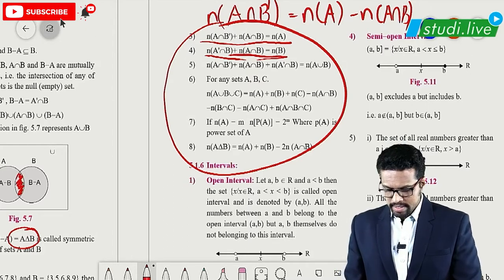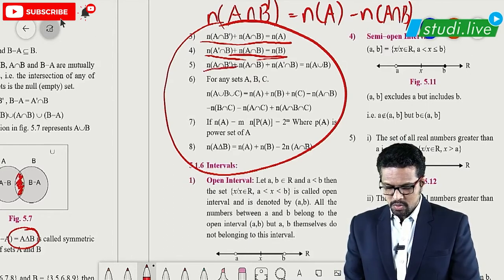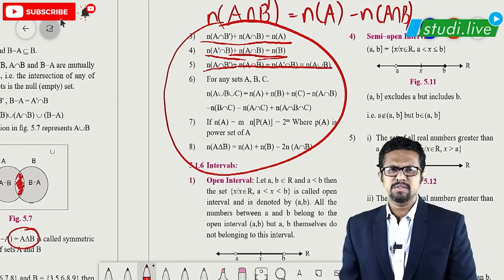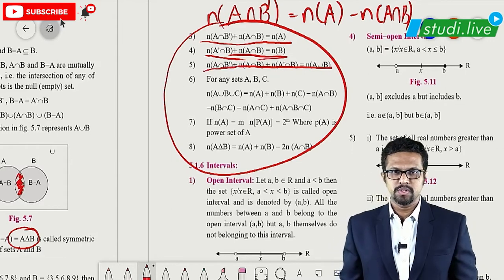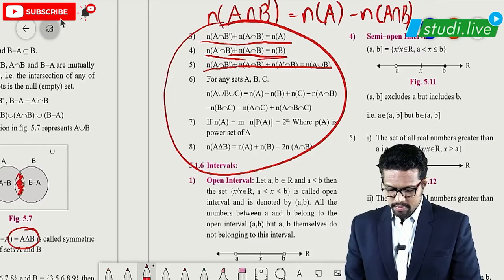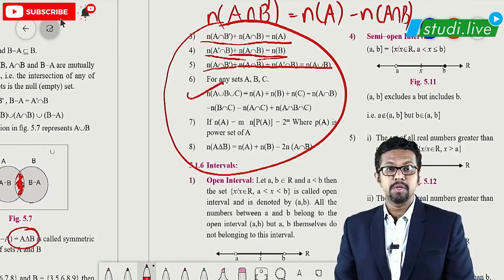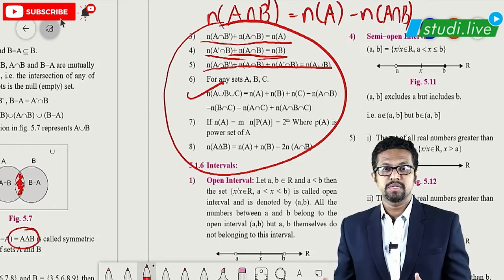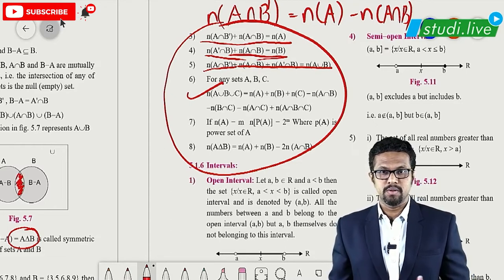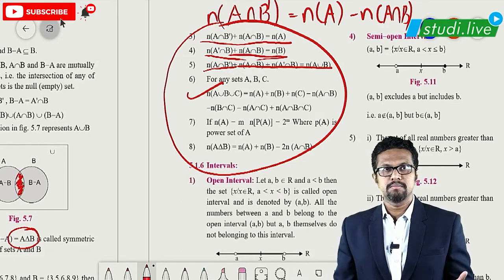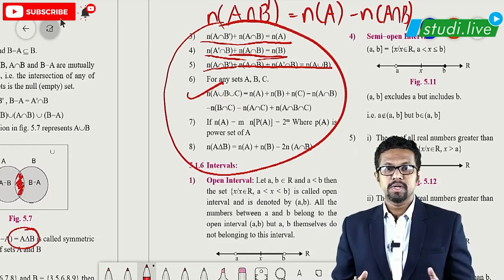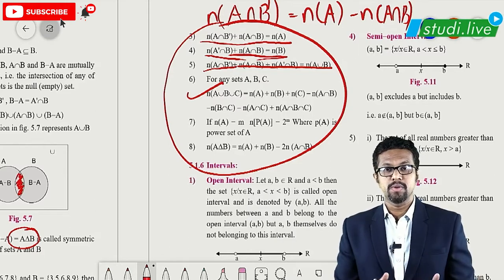Next we can see if we add all these values, obviously that will become A union B, but this is not that important, not always used. Next important formula that we have over here is of A union B union C, that is about 3 sets. If we are discussing a question which contains 3 sets, say students have passed in the JEE exam, students have passed in the NEET exam, and students have passed in the board exams. So there are 3 different sets that we are discussing, so we can have questions somewhat like A union B union C.